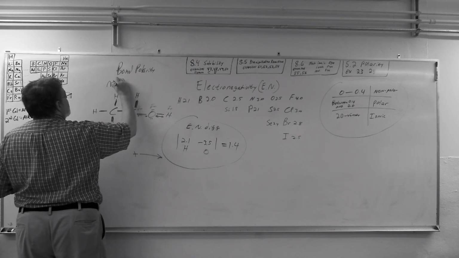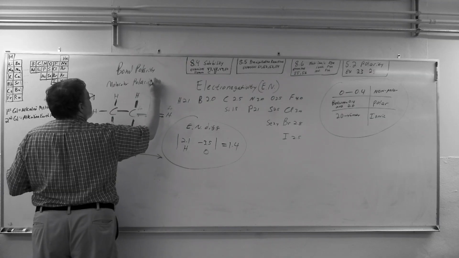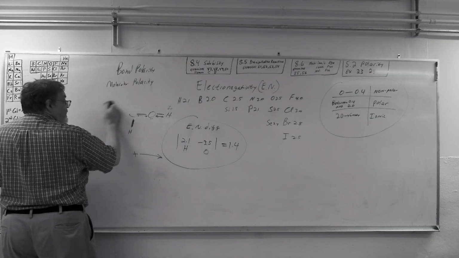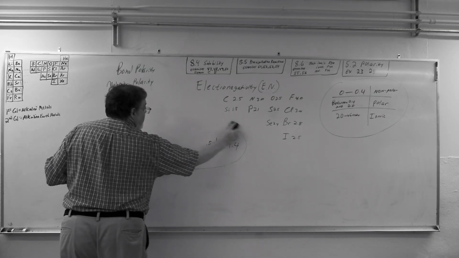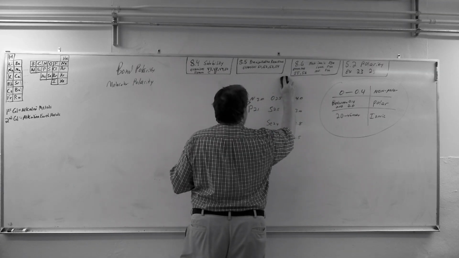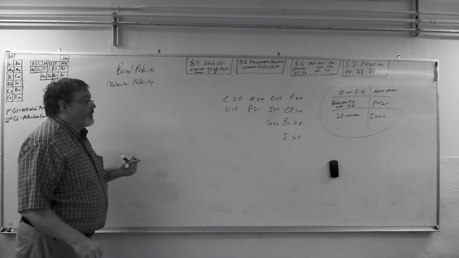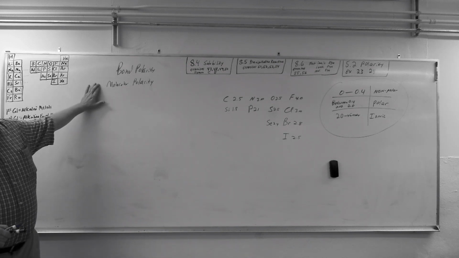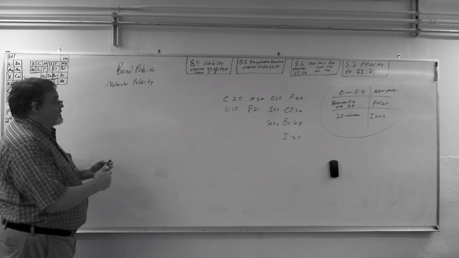And there's molecular polarity. To decide molecular polarity, first of all, polarity of a molecule comes from polarity of bonds. If there are no polar bonds in a molecule, then the overall molecule can't be polar. But if there are some polar bonds,